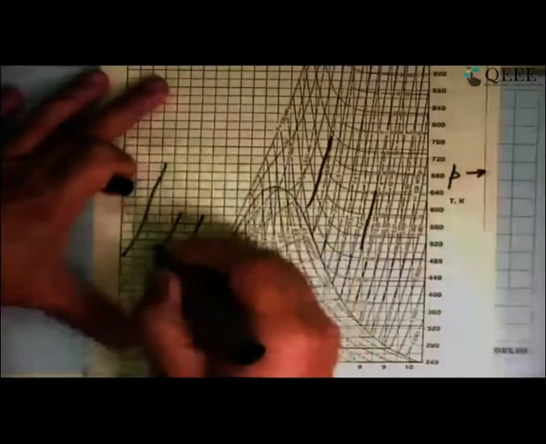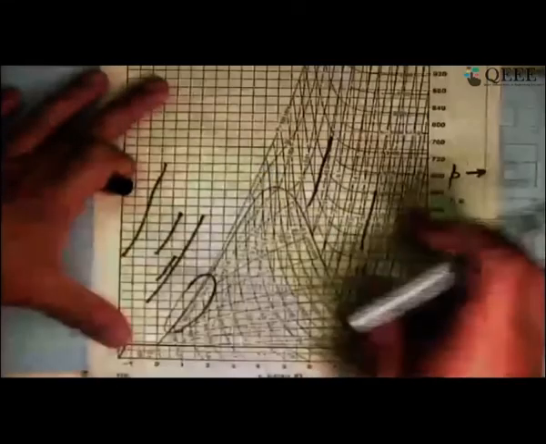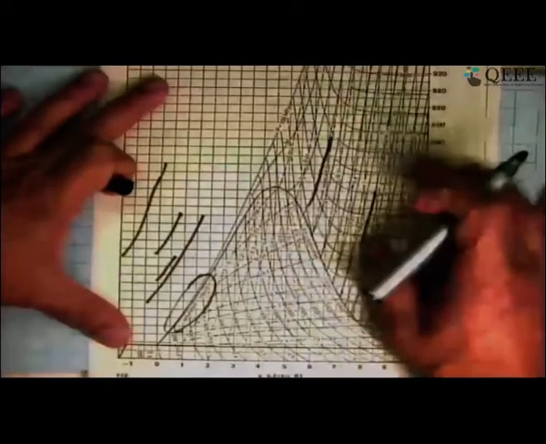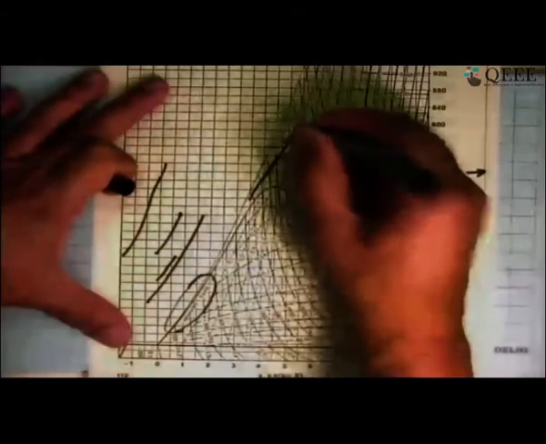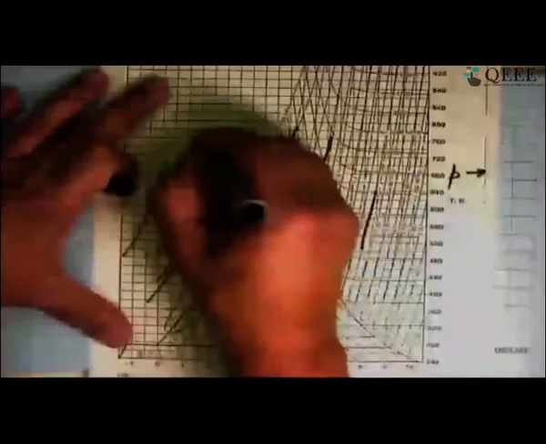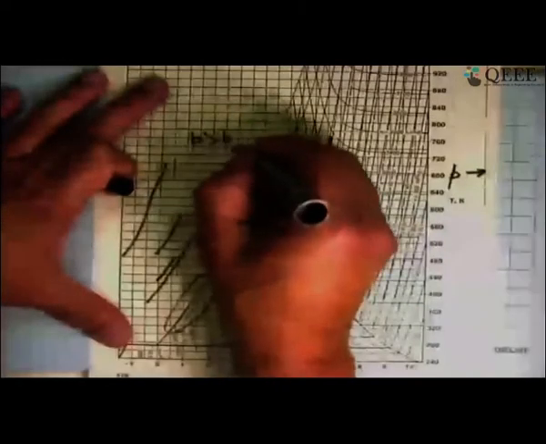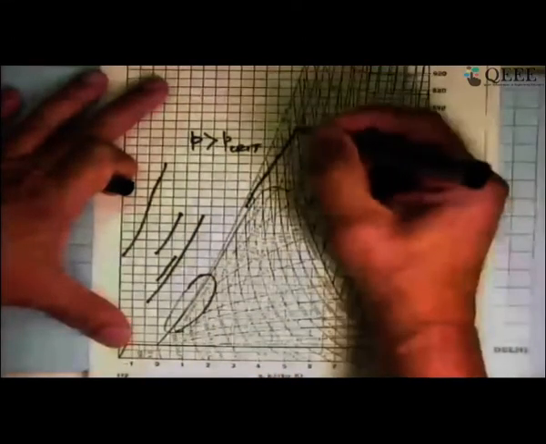So everything, the begin and end points of the process, are within the compressed liquid state, and here the begin and end points are all in the superheated state. Well, what happens if we follow this line? It started from a compressed liquid, and somehow we say that it ended up in superheated vapor. But because the pressure is greater than the critical pressure, we do not see a phase change. It goes from being, say, a compressed liquid to being a supercritical fluid,